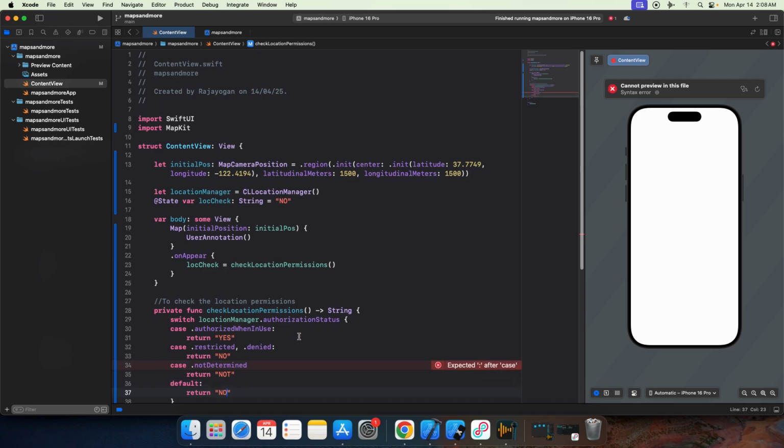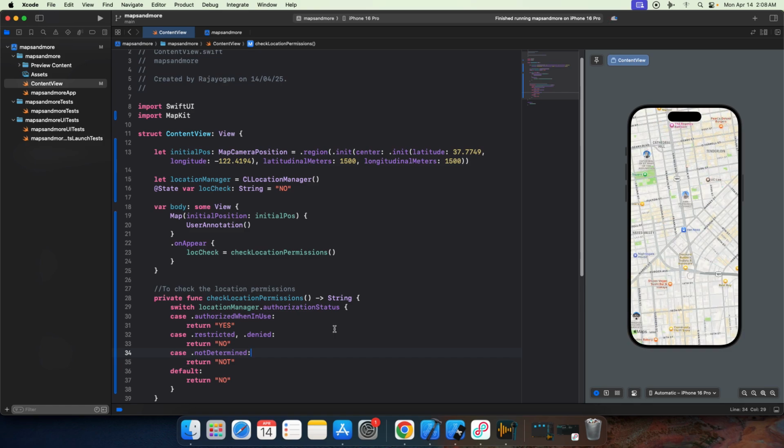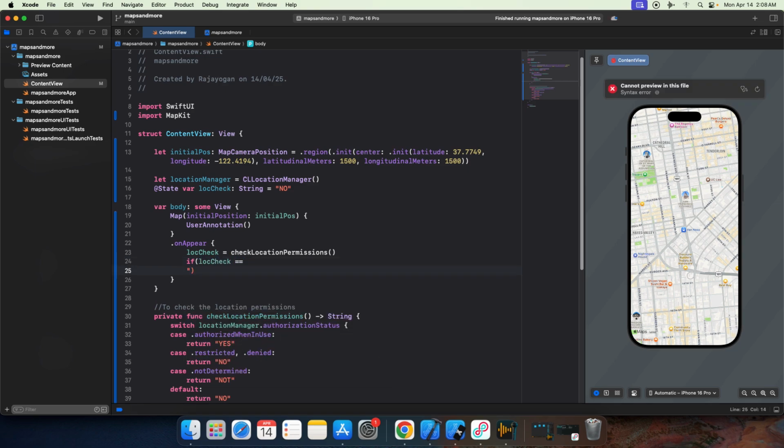I have a simple switch here which will check if the user has given permissions and if the app has permissions to access the device location. So now that we have done this, we can simply do an if locationCheck equals